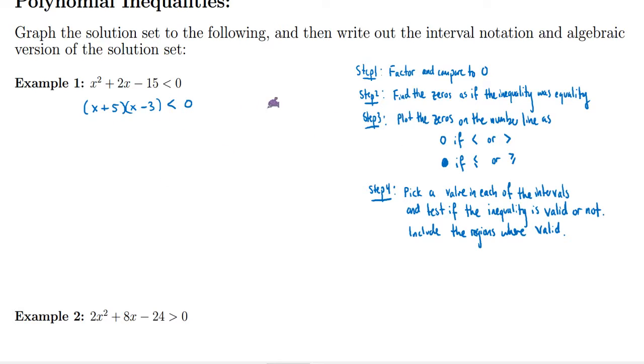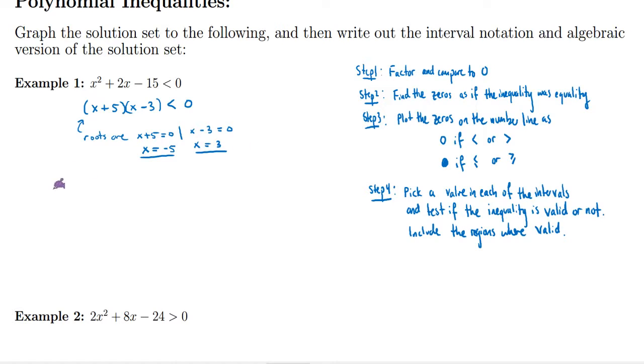So we did step 1, we factored, and then we are going to find the roots as if this inequality was equality. So the roots are x plus 5 equals 0. As if this was equal to 0, then you'd have x plus 5 equal to 0 or x minus 3 equal to 0. Even though these two, since it's a strict inequality, are not going to satisfy it, we're still going to find these roots. So we have x is negative 5, and we have x is positive 3, adding 3 to both sides here and adding negative 5 to both sides here. So we have found the zeros as if the inequality was equality, and now we will plot the zeros